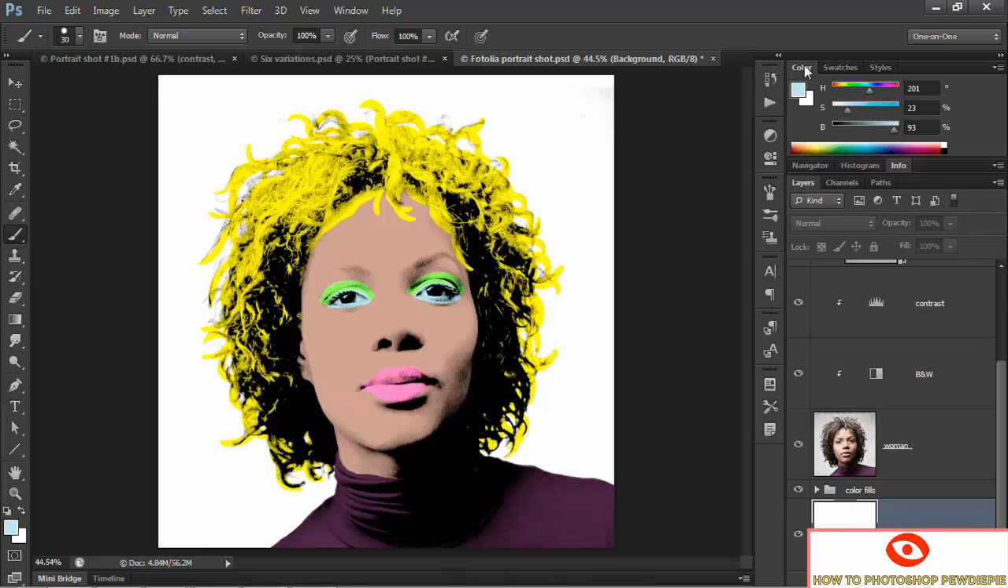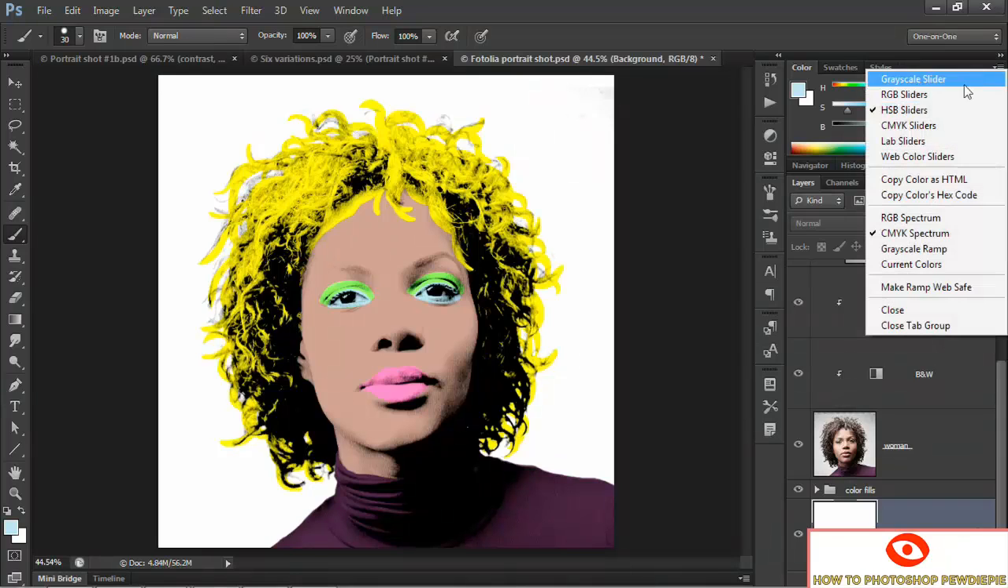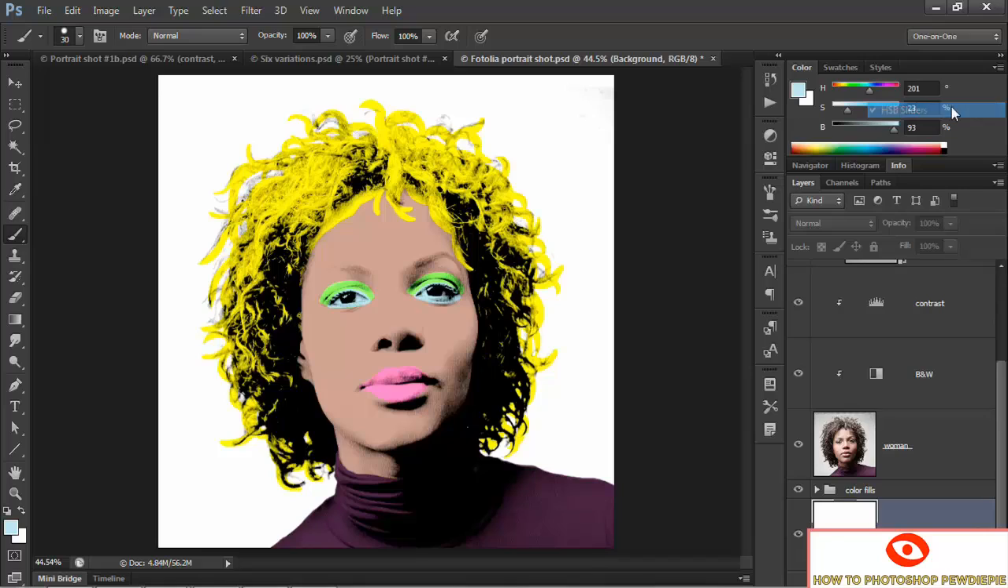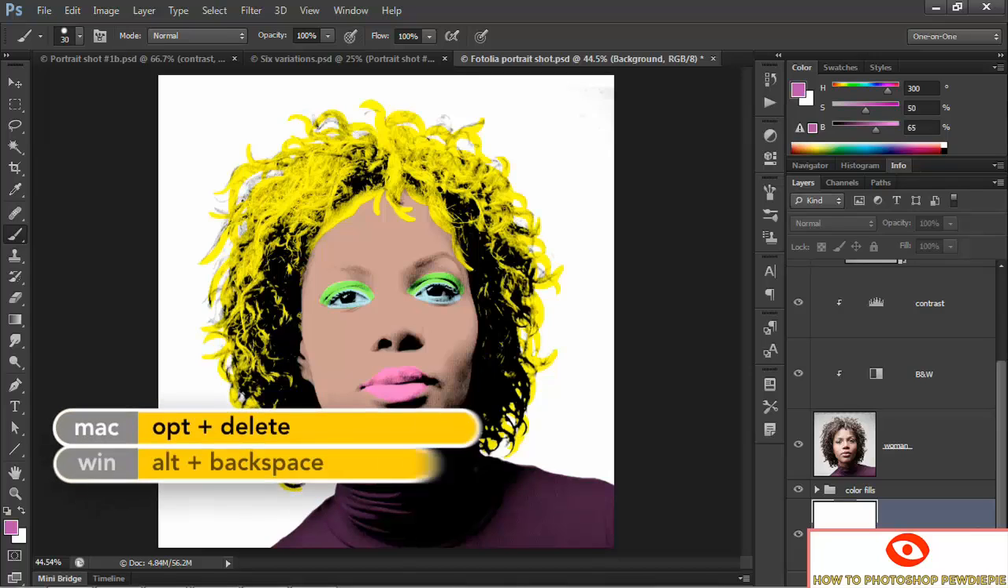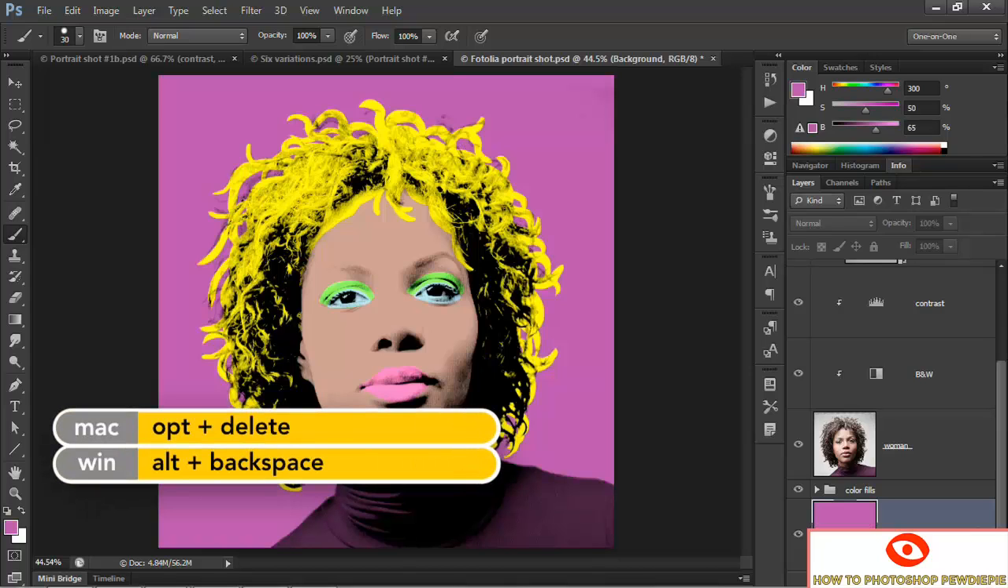And then I'll go to the color panel. Notice I'm working with my HSB values. To get to them, you go to the flyout menu and choose HSB sliders. And I wanted a kind of vivid magenta. So the values I came up with were 300 for the hue value, a saturation of 50, and a brightness value of 65. And then I'll press Alt Backspace or Option Delete on the Mac in order to fill the